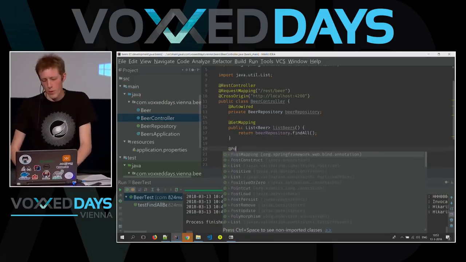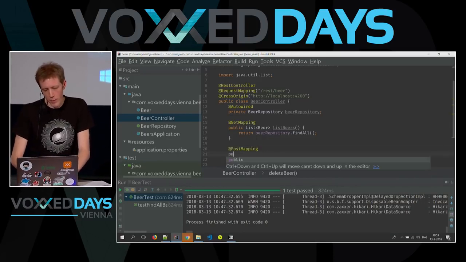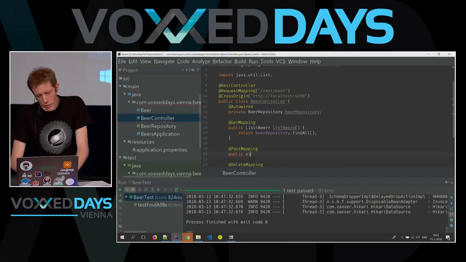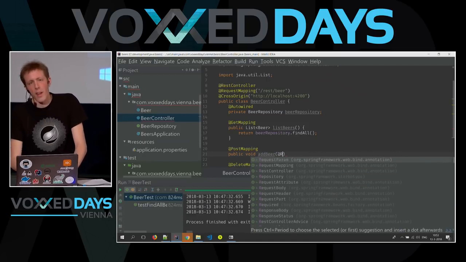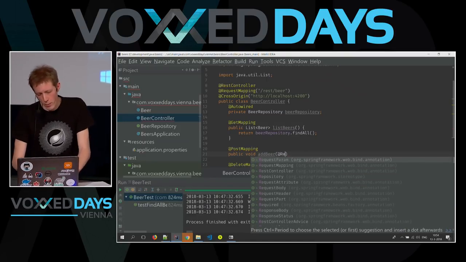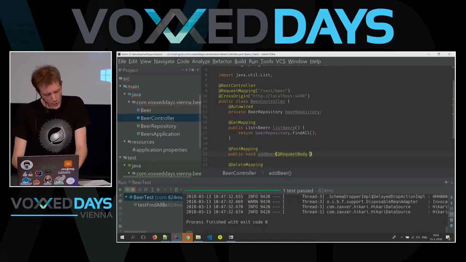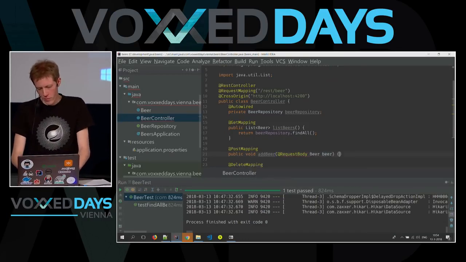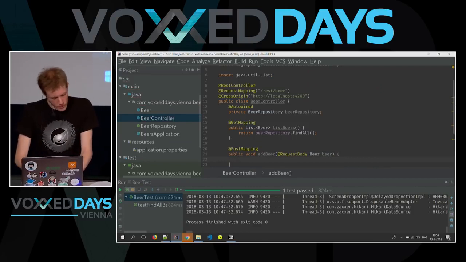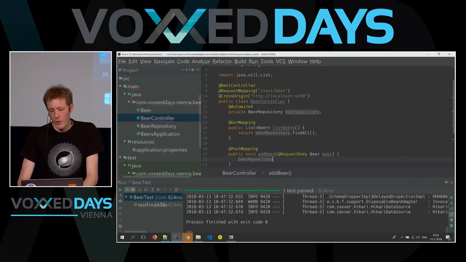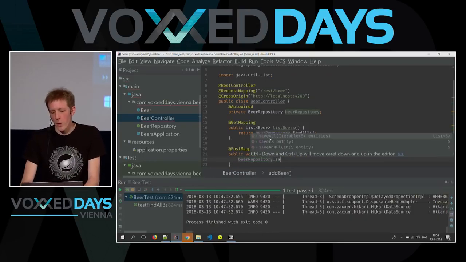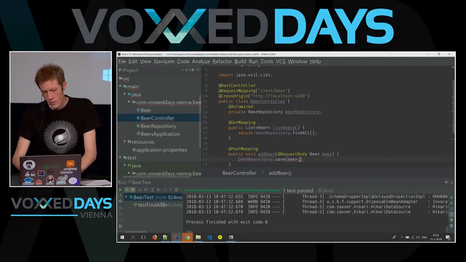So I'll tie this to the post HTTP method, which is a void, and it says add beer. In this case, the whole beer is sent via the post method, so it's in the request body. So let's use the request body annotation. In this case, we can just save it directly because JPA will generate a new ID for us, like that.